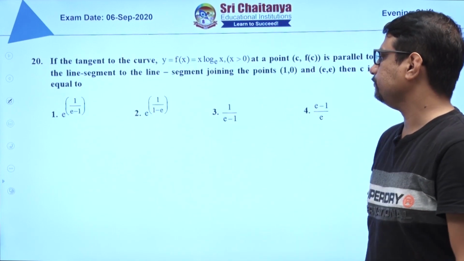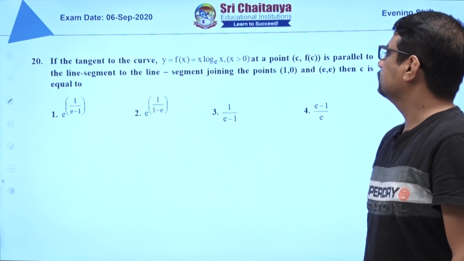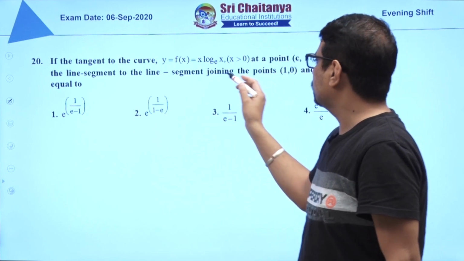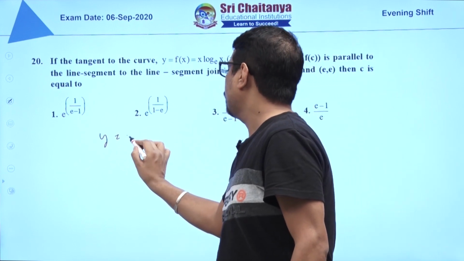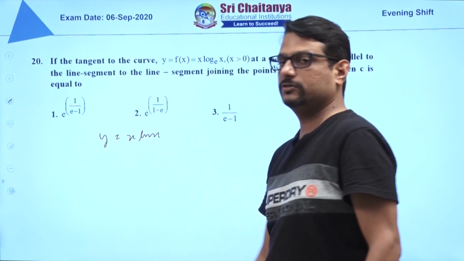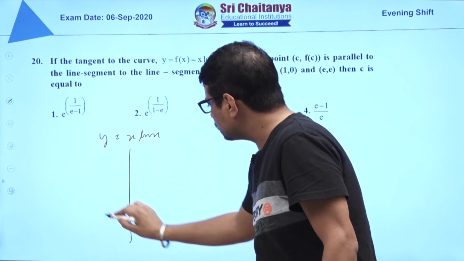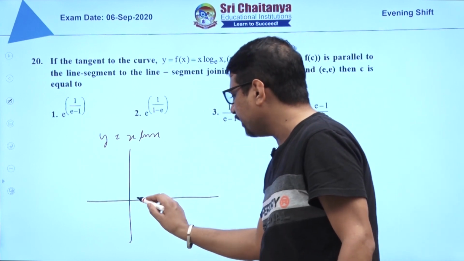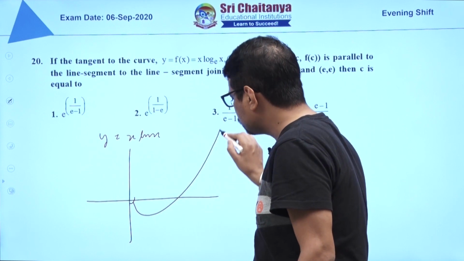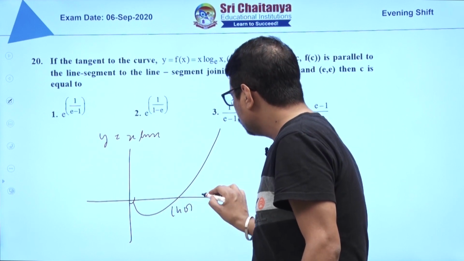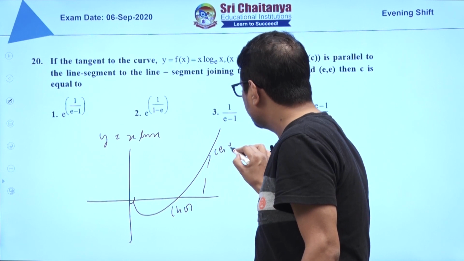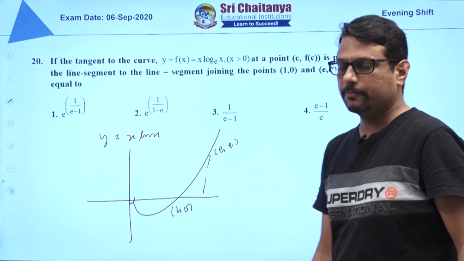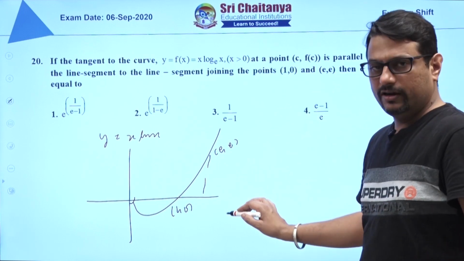Next. A question based on Lagrange's mean value theorem. Here what is given is y equals to x log of x. Best again I will say, you can directly use without graph also, but for more clarity I am drawing graph. The graph of this will be in this manner. This point is 1 comma 0, this point is e comma e. This graph is frequently drawn in application of derivatives chapter. Now not required, if you don't want, not required.